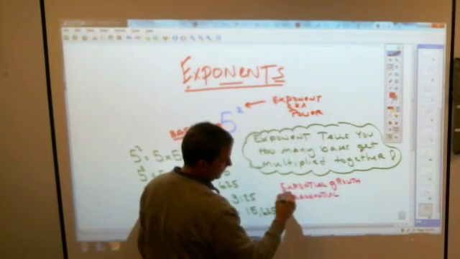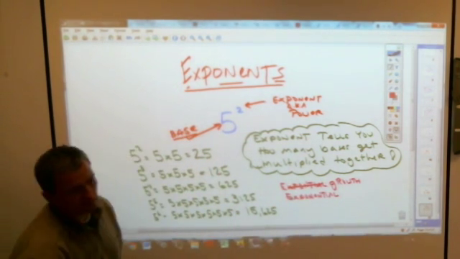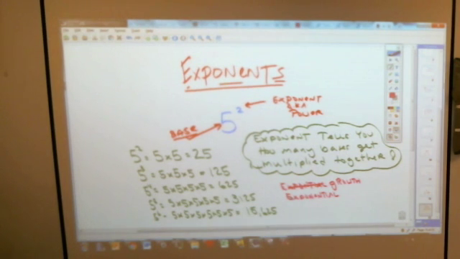Exponential growth. Mrs. Stone might talk about it when she talks about bacteria growing. Bacteria grow exponentially, which means you only need one little bacteria to start off with. And that's not going to really do you much damage. But what happens to bacteria is it splits into 2. And then those 2 split into 4, and then those 4 split into 8, and those 8 split